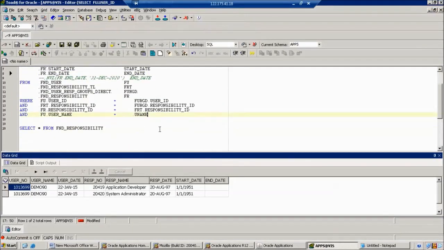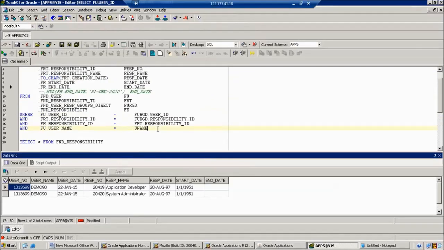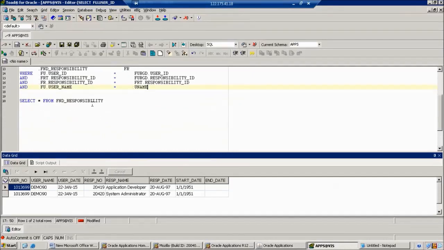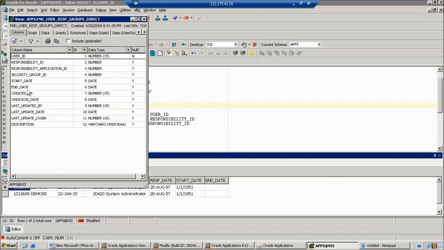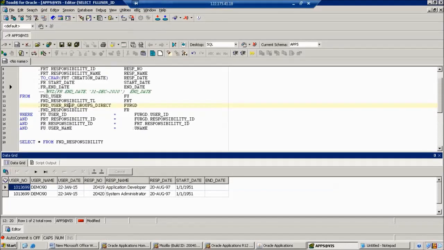FND responsibility table. Yes. So here we are using the start date and end date. We made a mistake. We are using the responsibility table. Okay, fine, not a problem.